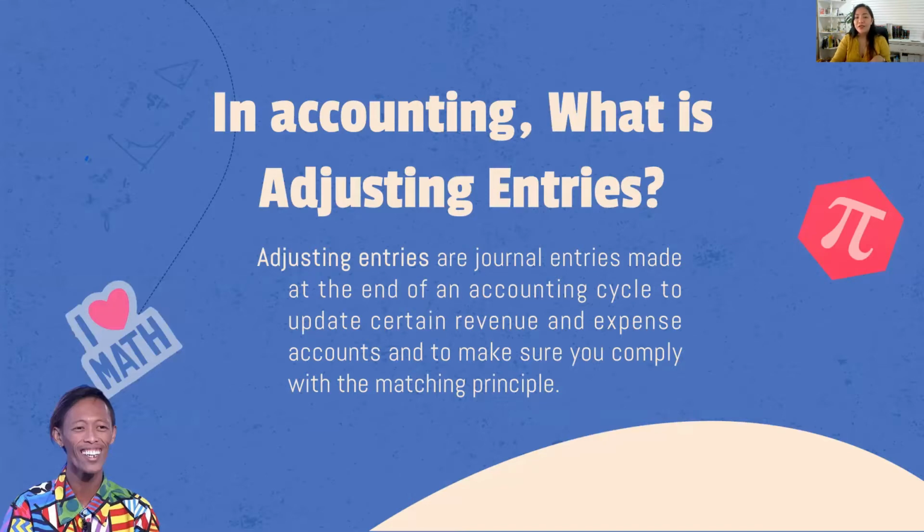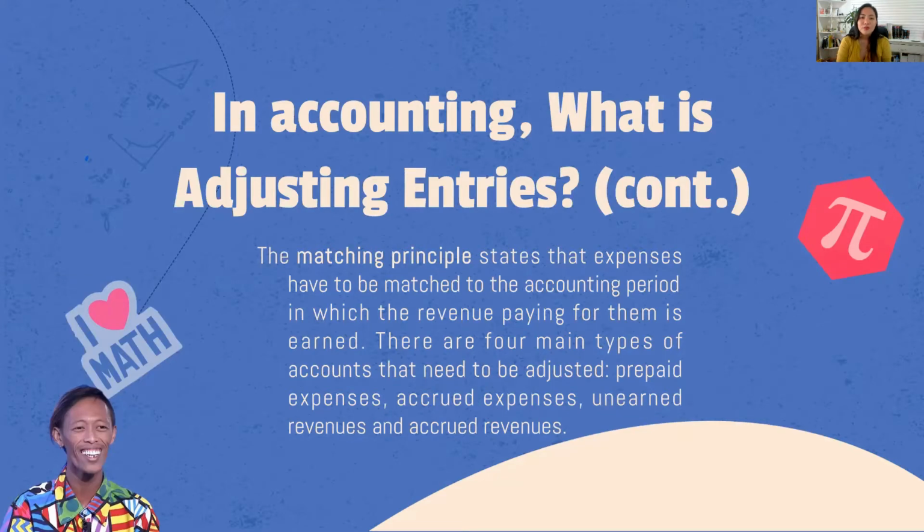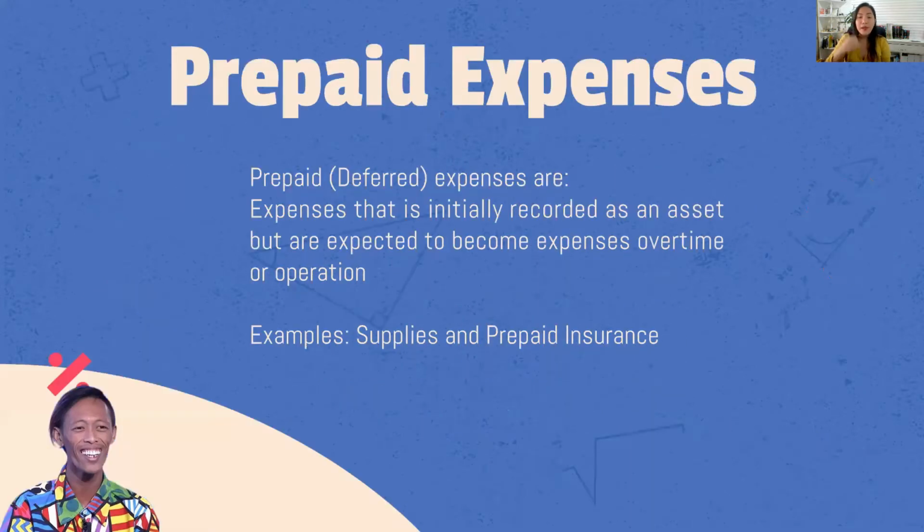Again, why is there an adjusting entry? To make sure that you comply with the matching principle. Right. So it states that expenses have to be matched to the accounting period in which the revenue paying for them is earned. There are four main types of accounts that need to be adjusted: prepaid expenses, accrued expenses, unearned revenues, and accrued revenues. So the prepaid expenses are